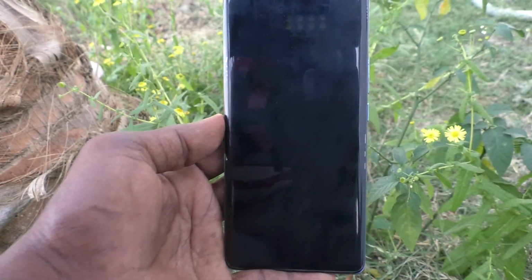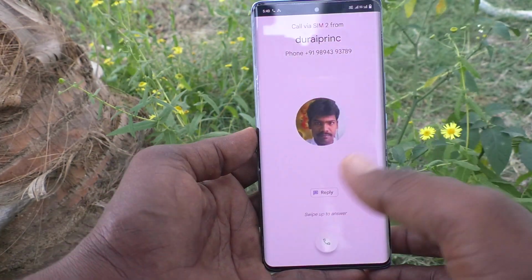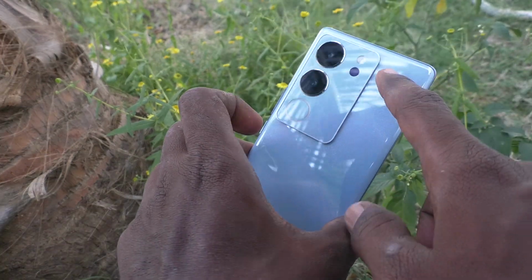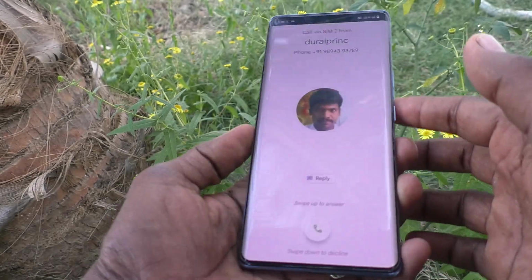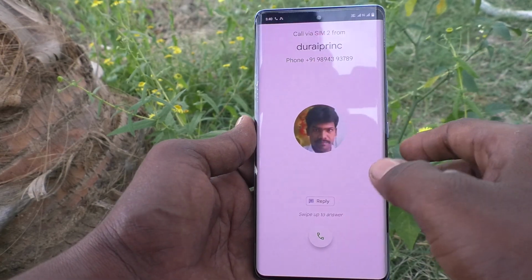Okay, I decline this call, and yes, I am checking once again when my phone screen is off. What will happen? If I receive any incoming call, I can see the flashlight blinking in the back side of my phone. Okay, so in this way you can easily set flashlight notifications for incoming calls in your phone Vivo